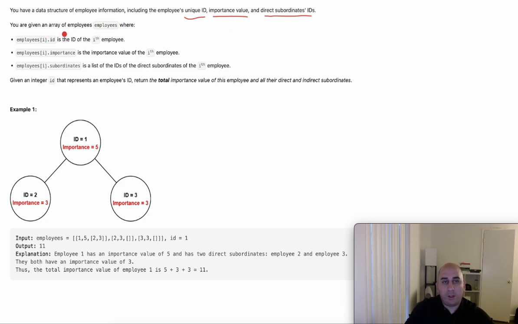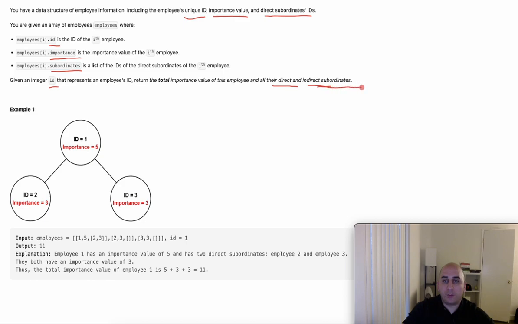We are given an array of employees where we have ID, importance, and the IDs of subordinates. We are also given an ID that represents the employee ID. We need to return the total importance